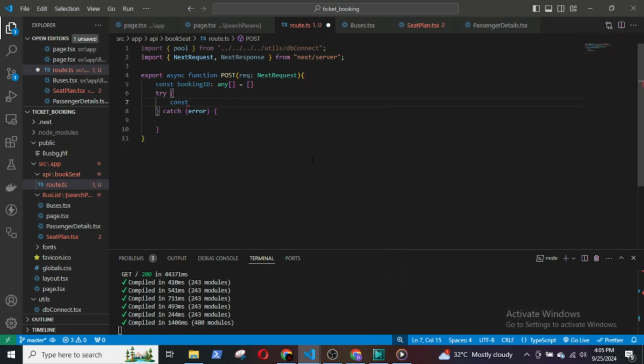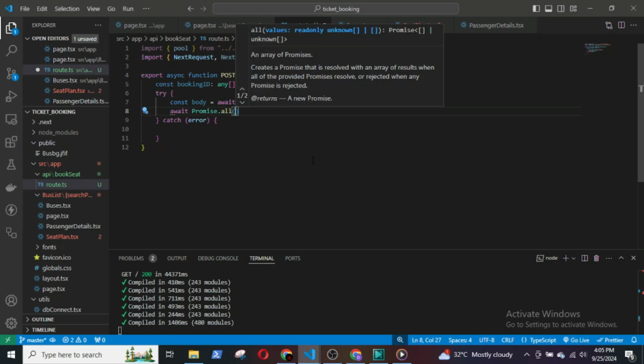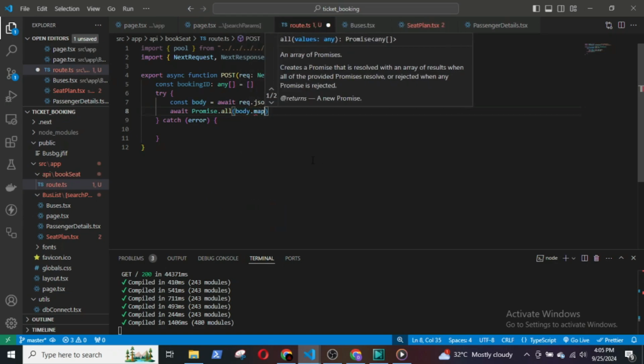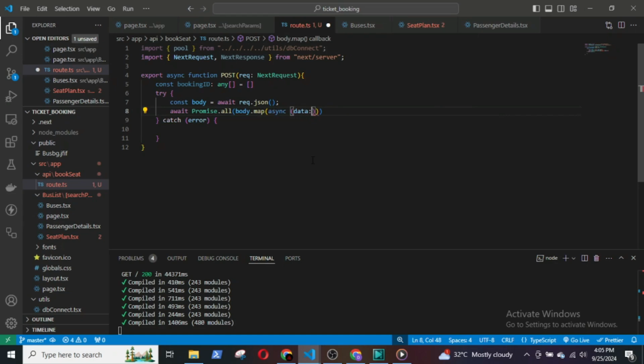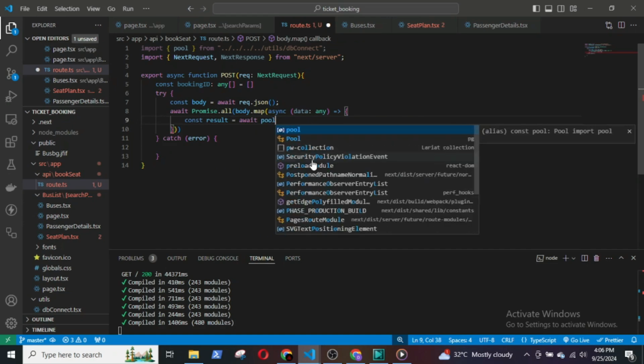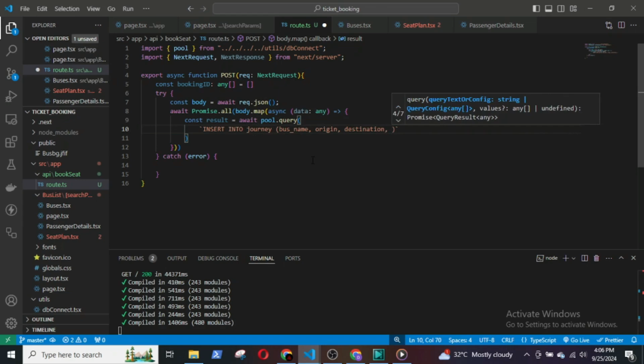Set up a try catch block. Inside the try block, variable body will contain the data parsed from the JSON body of the incoming request. await Promise.all(body.map(async (data: any). This line iterates over each item in the body and processes them in parallel with Promise.all, which ensures all inserts complete before continuing. Inside the map, pool.query inserts the data fields from data into the journey table. The RETURNING * clause returns the inserted record, which is then used to extract and collect the ID of each inserted